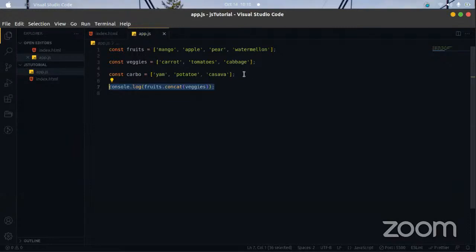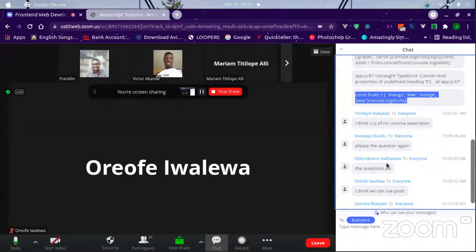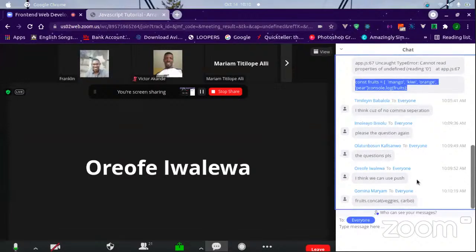Now we have a third array, carbo, and we want to add carbo to the concatenation we just did. Any idea on how we could do that? Okay, push. Gomina says we should, yeah, Gomina is correct actually.